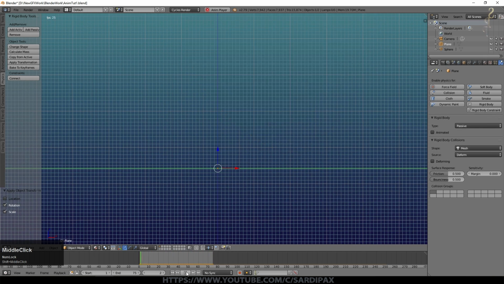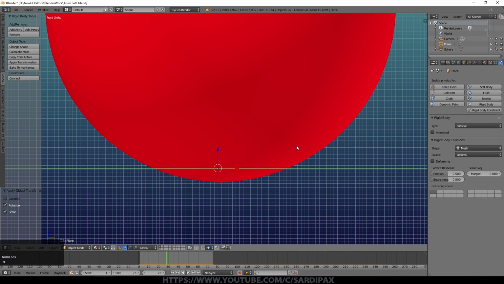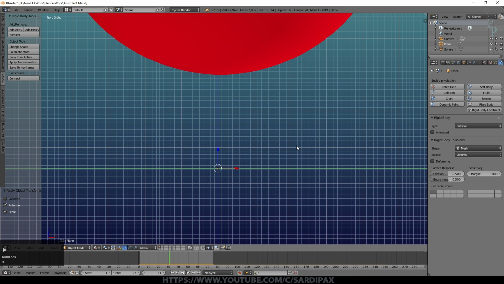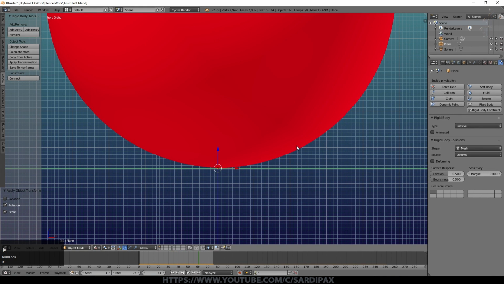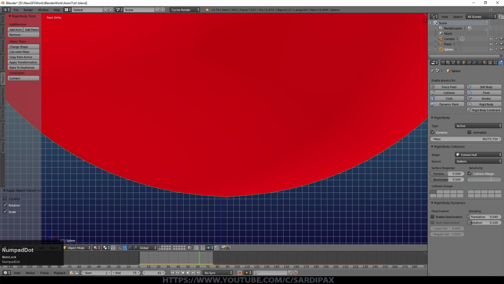And you can see a couple of things. First of all, if I go through the frames one at a time, you can see it actually goes through the object, which is not ideal. It probably looks fine when you're looking from above because it just looks like the ball's flattened slightly or the surface has sprung slightly, but obviously it isn't entirely accurate, and that goes back to that number of frames per second. But if we carry on, you can see it actually settles right on the surface. So that might be fine, but in reality you're best advised to have at least a small margin. 0.04 is the default. If I set that to 0.01, I don't necessarily need the collision margin on the object.